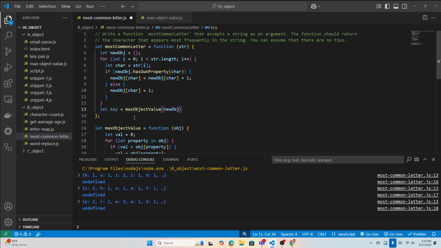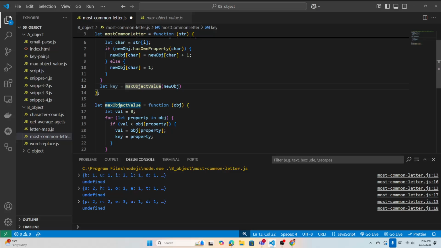Look at here. First thing, I'm creating this variable. Then I have a for loop. This for loop will add each character inside this object and count its frequency. Done. The for loop will continuously run. Once it's done, it will go here and call this function. We are passing this new object to this function, and our function here is taking that object and